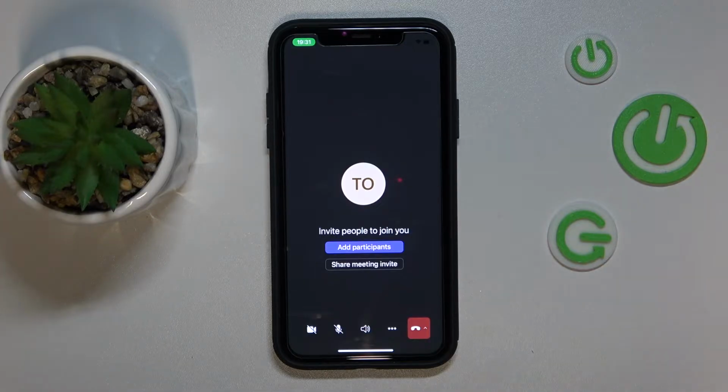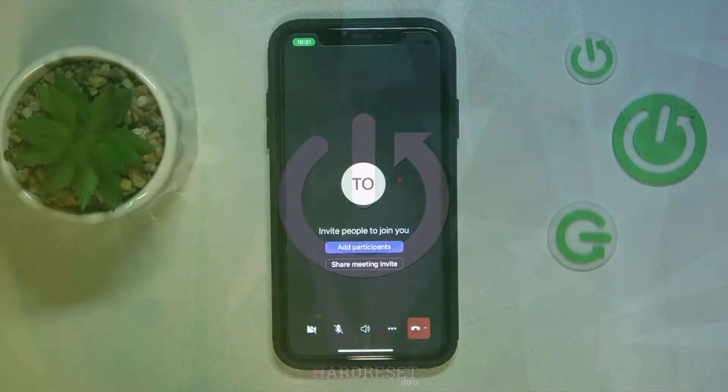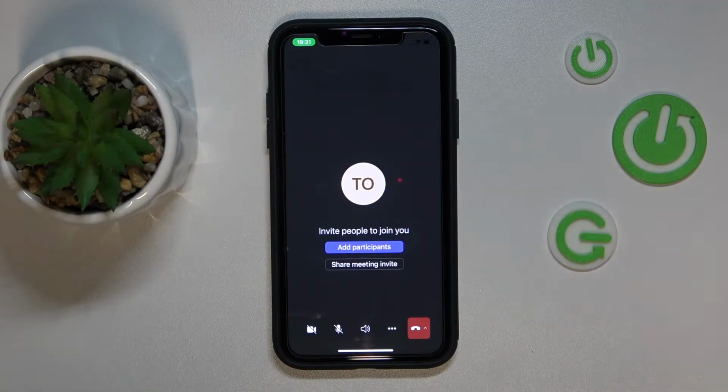Today I'm going to show how you can record a Teams meeting. As of right now, if you are using Teams through your mobile phone, should it be Android or iOS, doesn't matter at this point. Unfortunately, the Teams app does not have an inbuilt function to record Teams calls, unlike the desktop version of the app,